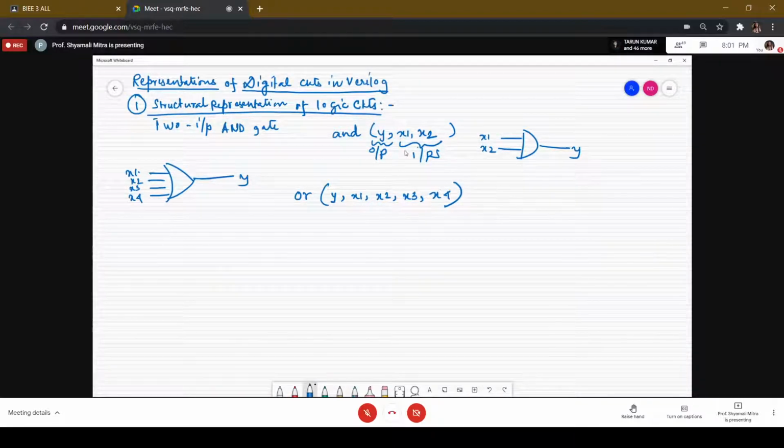In the same manner, the keywords NAND and NOR are used to define the NAND functionality and the NOR functionality respectively. Similarly, in the case of a NOT gate, since it has a single output and a single input only, we will write NOT (Y, X).